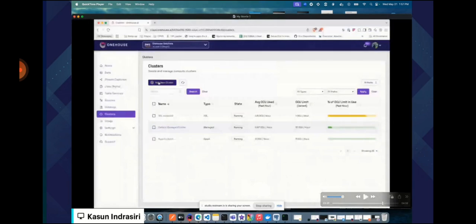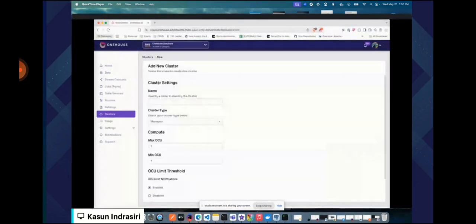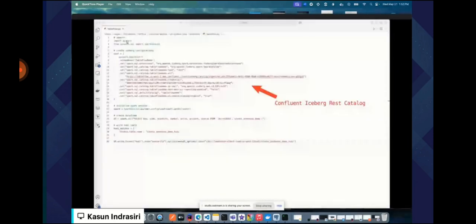Now here we have an extension to the demo where we have Onehouse directly consuming this table catalog. To do that, we are first creating a new cluster in Onehouse, and then this is the sample script that we are going to run in Onehouse. This script points to the Iceberg REST catalog endpoint of Table Flow, and also provides the Iceberg REST catalog credentials.